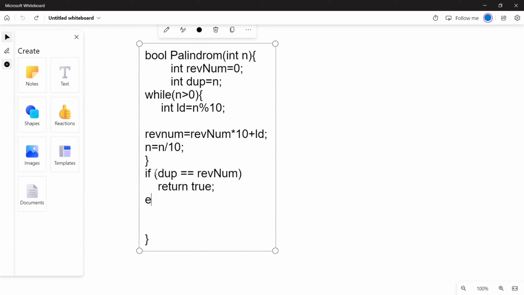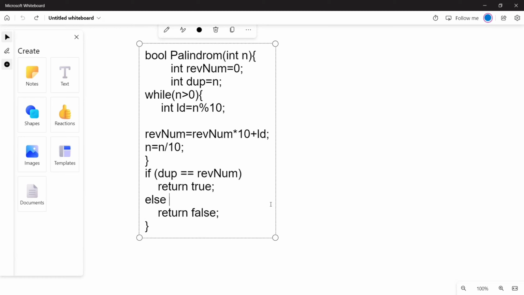Otherwise, we simply return false. Here, reverse number, my bad.